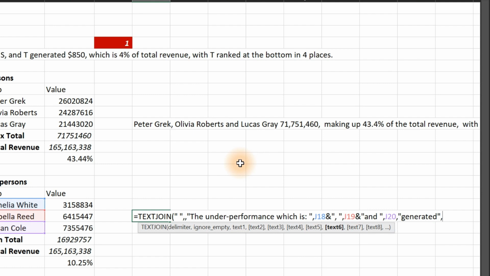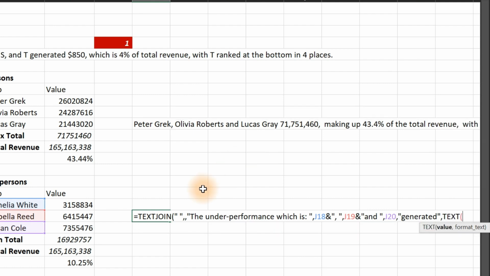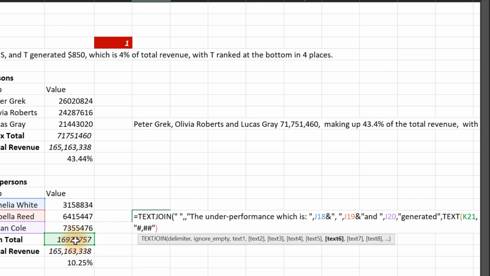So this time around, we have to use a text function. So the text function, we have to reference how much they generated or contributed. So we put a comma right on it, and over here it's going to be hash, comma, hash, hash. We close this. You get that right now? So once we have this closed, this is where this particular formatting ends. So the next thing is to be adding this, which is,